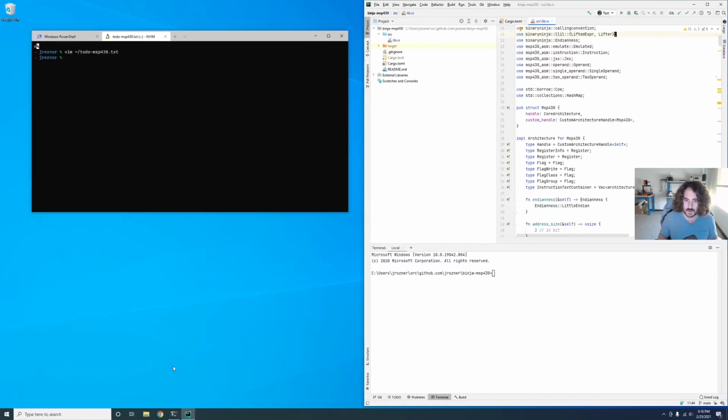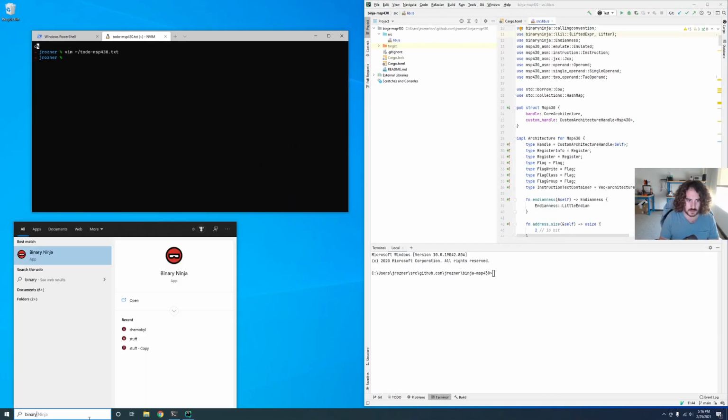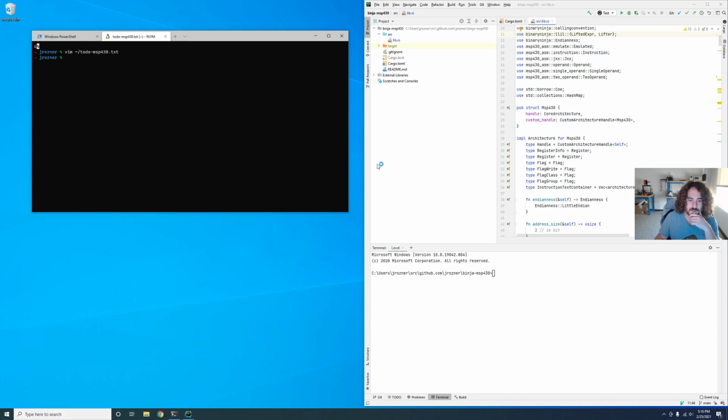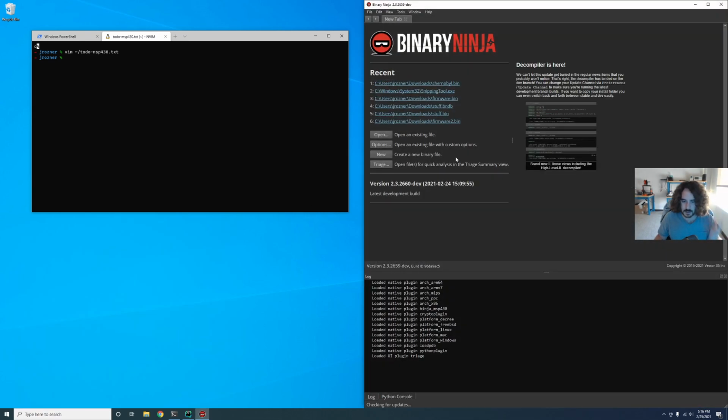So where were we last time? So we got disassembly working. We can look at that real quick. Pop this open in Binary Ninja. And if you're unaware, there's a new Binary Ninja that got released, 2.3. It happened yesterday. We're currently running on the dev channel because we've needed it for a little while, just due